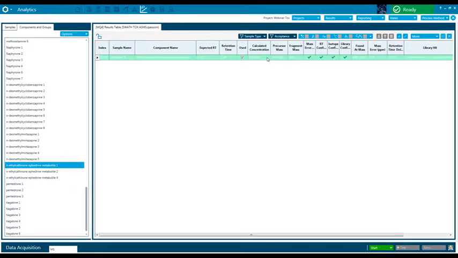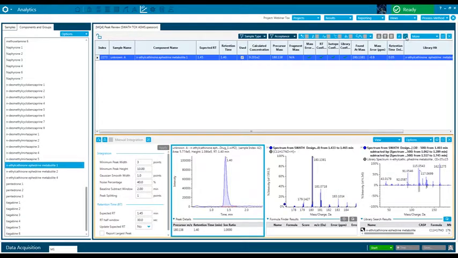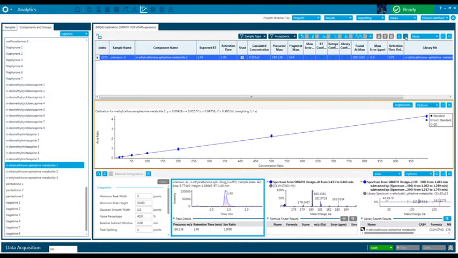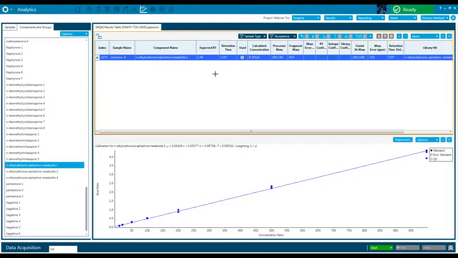and then through this I can select only my positive result. And to explore the qualitative result and quantitative result of this compound, I can open the panel for the peak review and the panel for the calibration curve. And you can see that I have a good linearity from standards of this compound. And at the bottom, I can see the qualitative results that I can open and undock